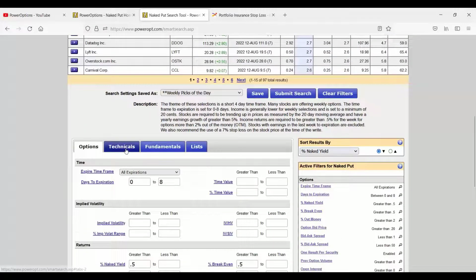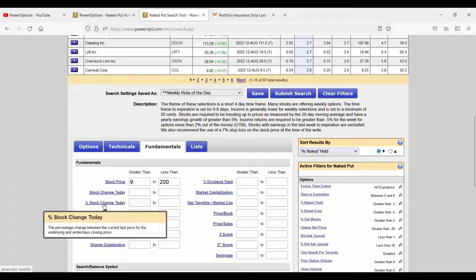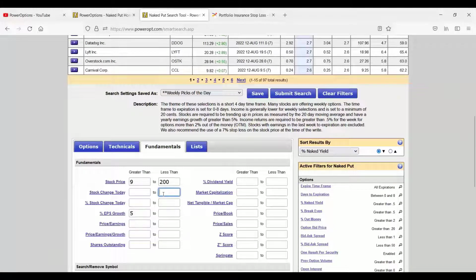The easiest way, of course, is to use the percentage stock change today under the fundamentals. You could use the monetary stock change today, but if you had a $120 stock that moved 8 points, if I put in less than 8, you might miss that one. That's why the percentage is always better. So I want to see anything that had less than a 10% movement today, maybe even less than that, but